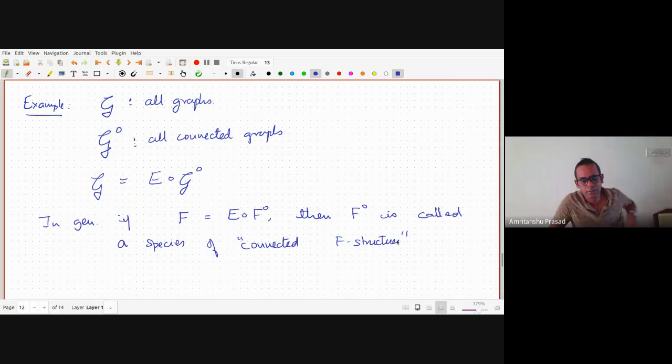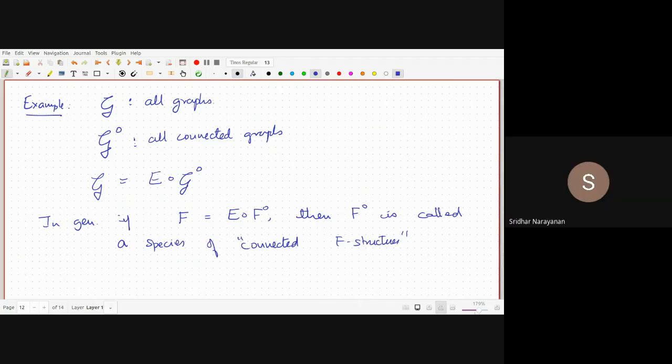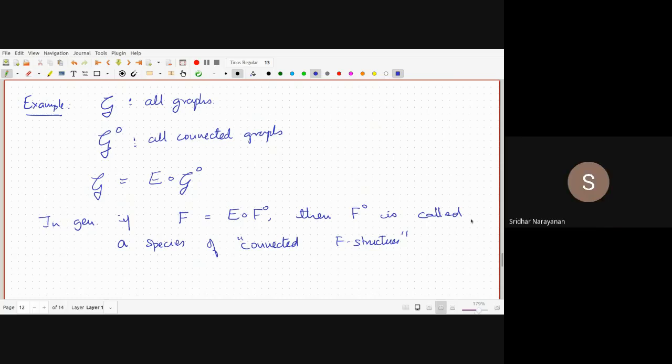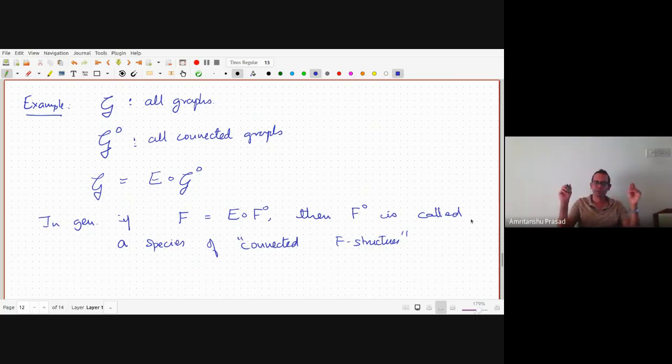Yeah, I have a question. Why can't we look at E as a Cartesian product of its connected components? Because in the Cartesian product, you have order. Order on what? Order on the components.